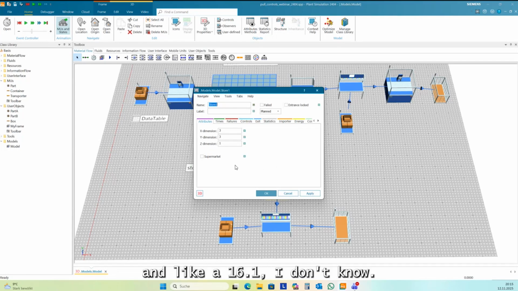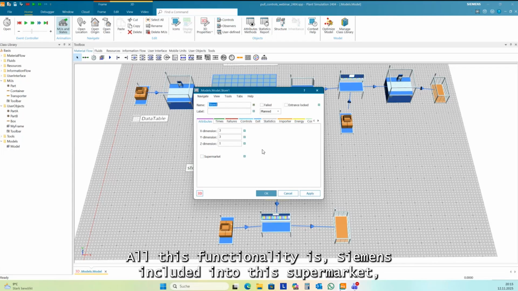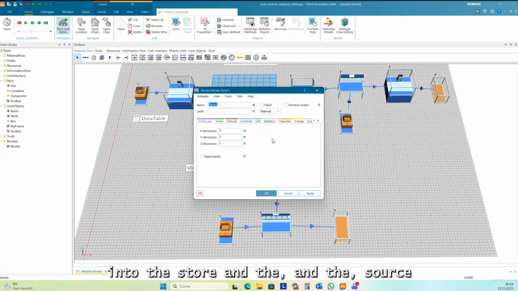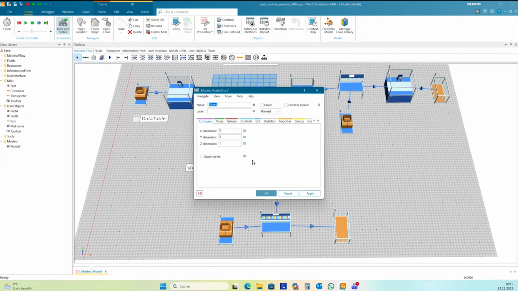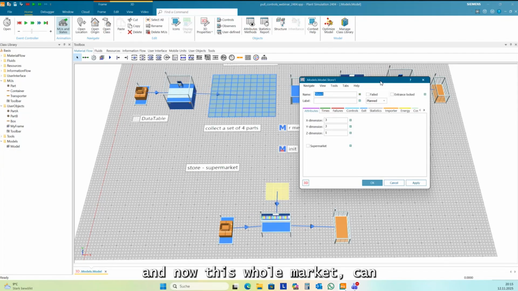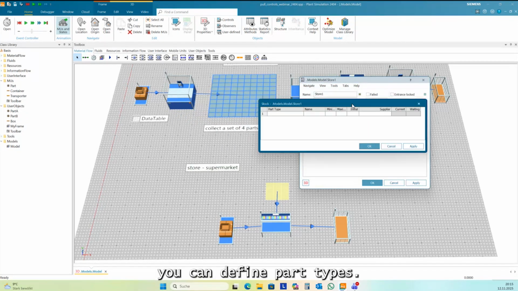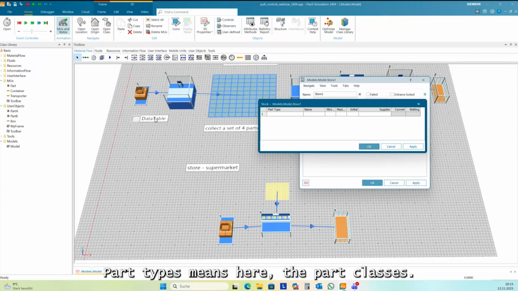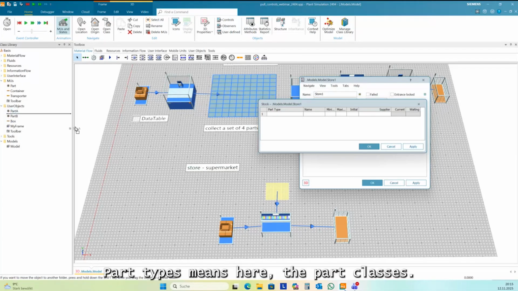And I guess 16.1, I don't know exactly, Siemens included all these functionalities into the supermarket, into the store and the source. And now this supermarket can function in a special way. You can define part types. Part types means here the part classes.